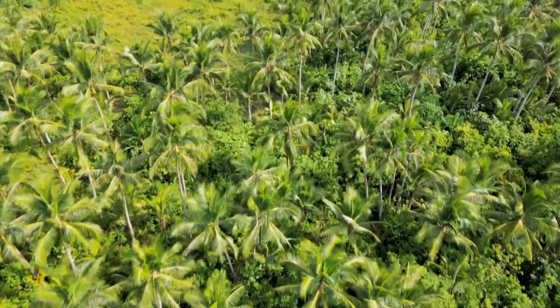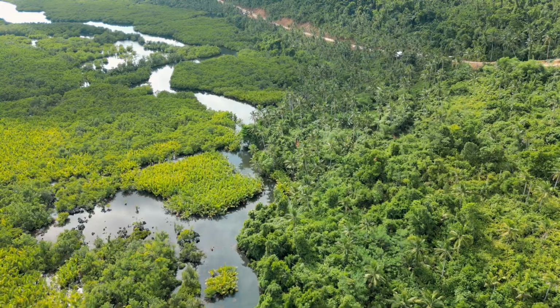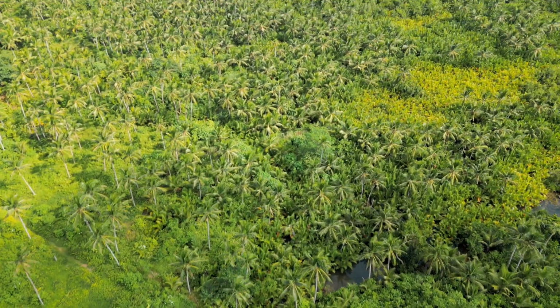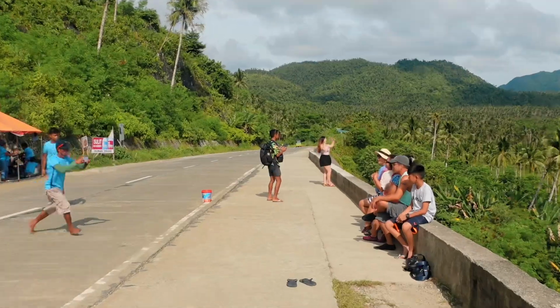bounced back strong after Typhoon Odette 2 years ago. While some trees took a hit, hundreds are still standing tall and the place still looks stunning. This is also where you'll find the human drones. Relax, they're not robots, they're just like you and me, and they make a living out of creating fun drone-like